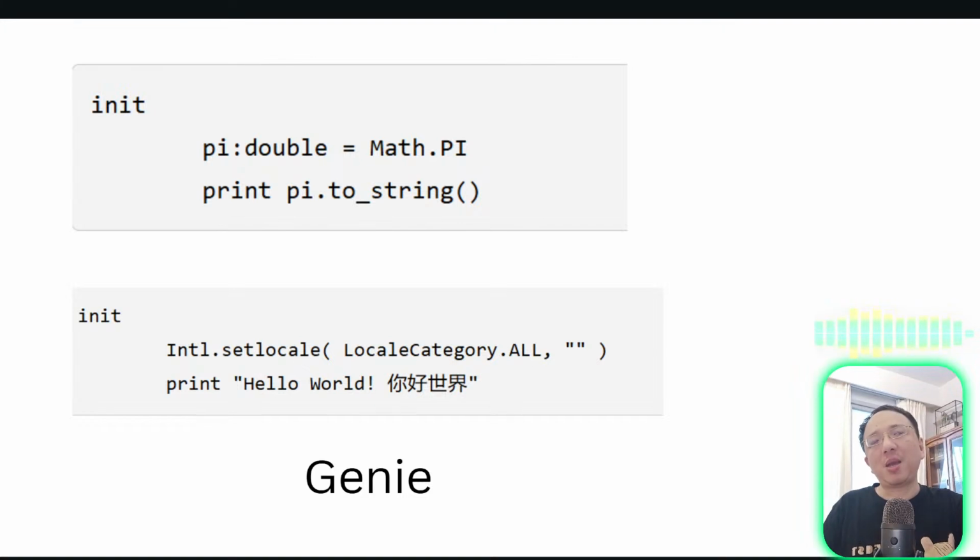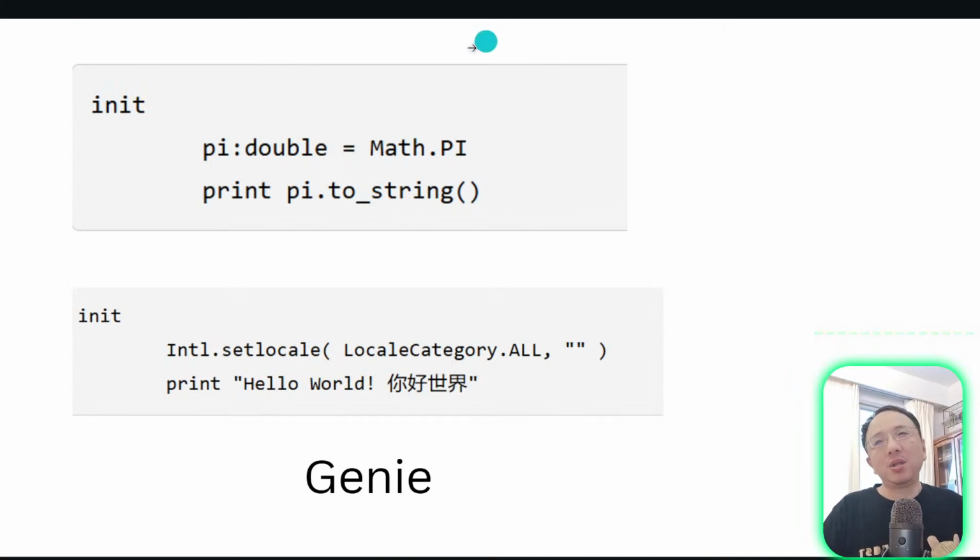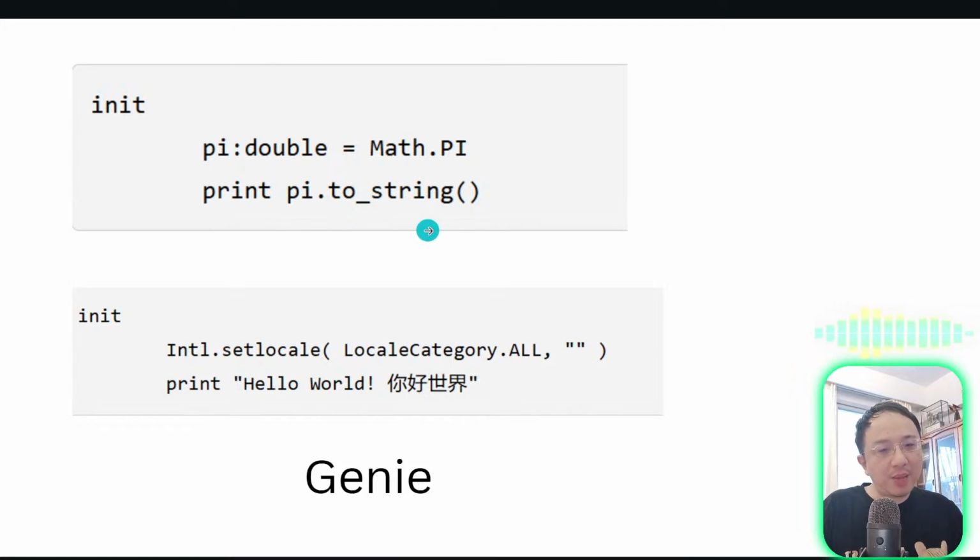And Genie can be considered as a Python syntax version of Vala. So it also uses the same object system, the GTK GObject system,